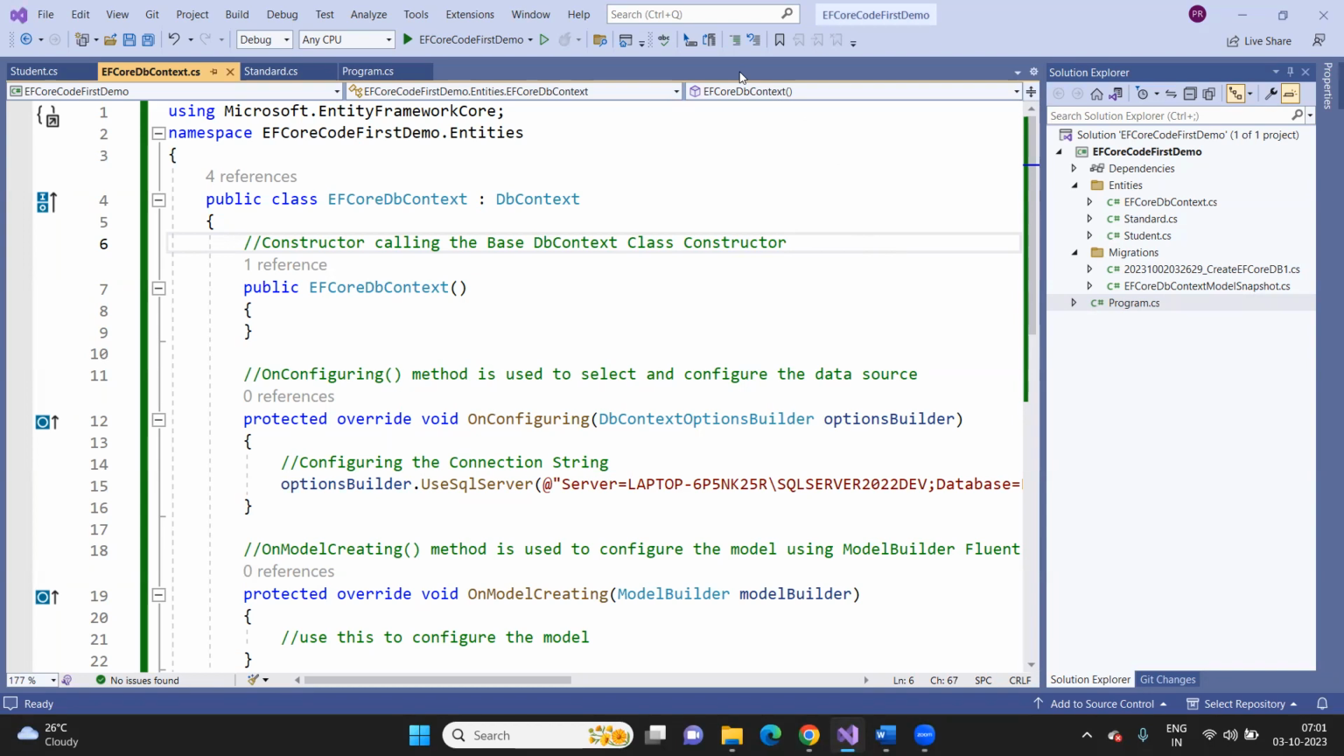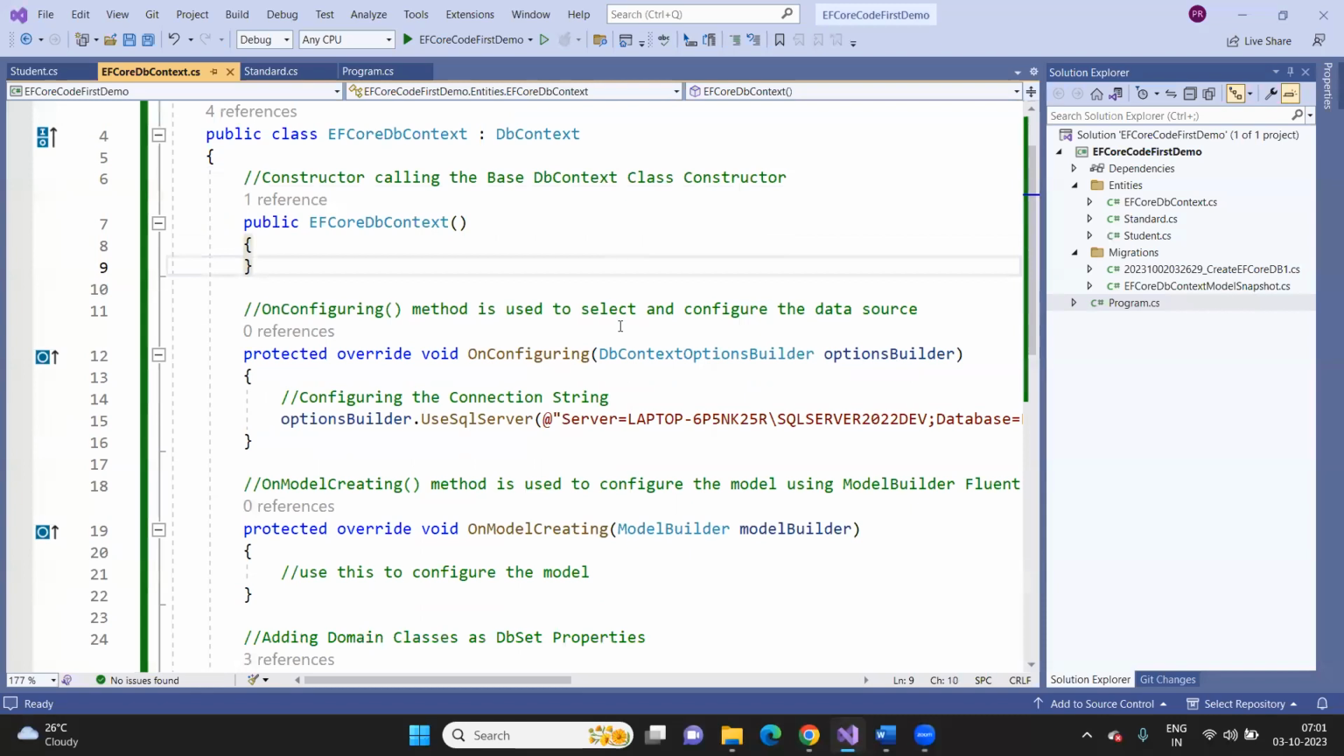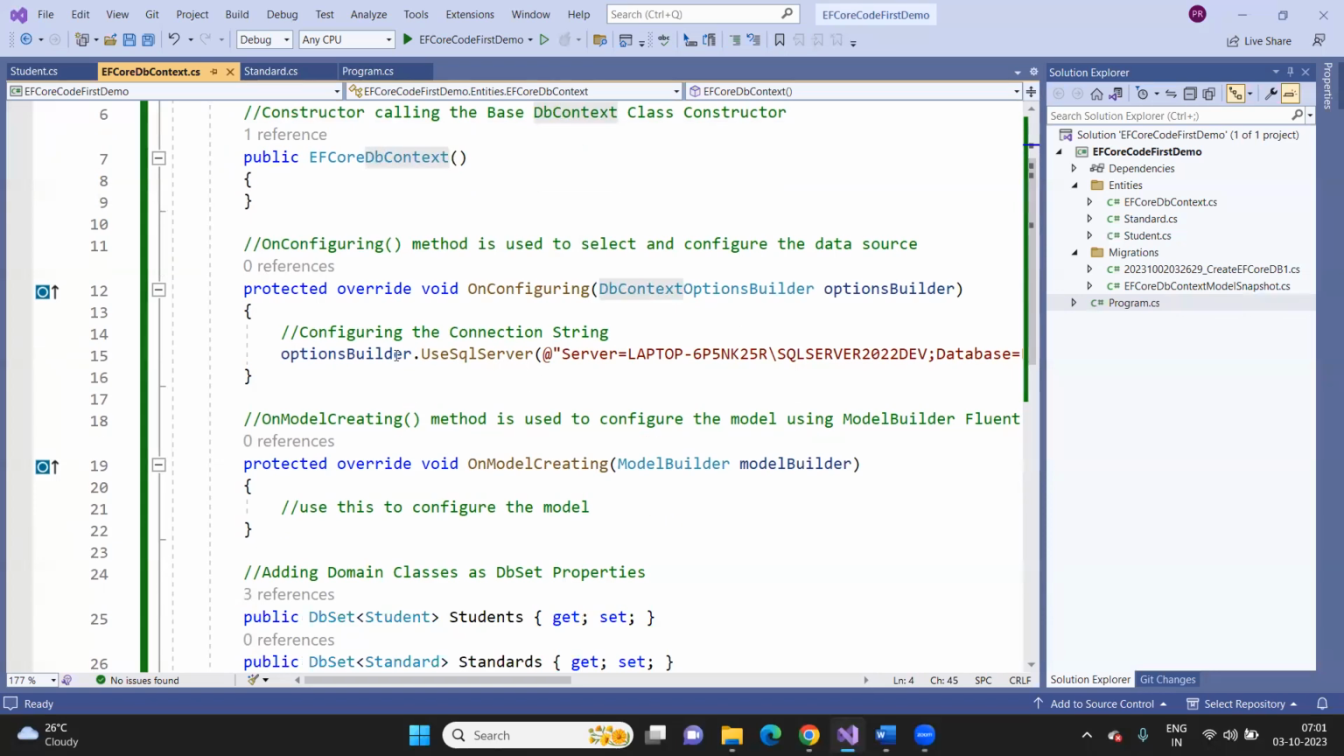So in our last session, we started discussing Entity Framework Core: what exactly it is, how you can install the required packages from NuGet, how you can create the context class, and how you can use that context class to communicate with the database. And one more thing we discussed is that using the OnConfiguring method of this DbContext object,